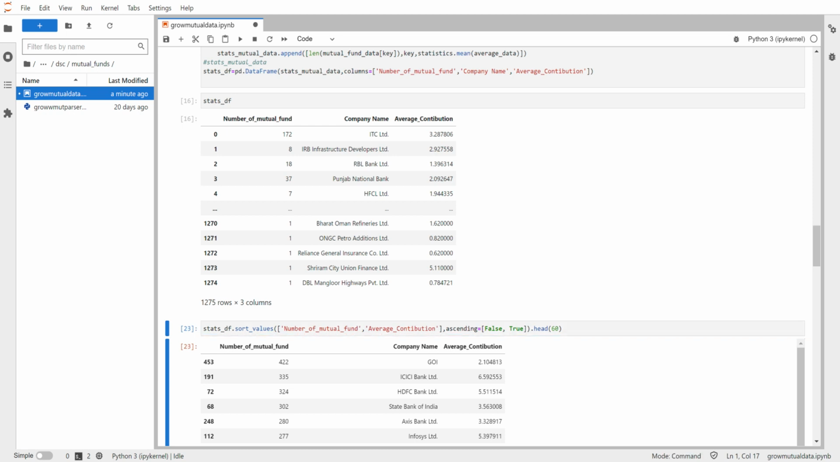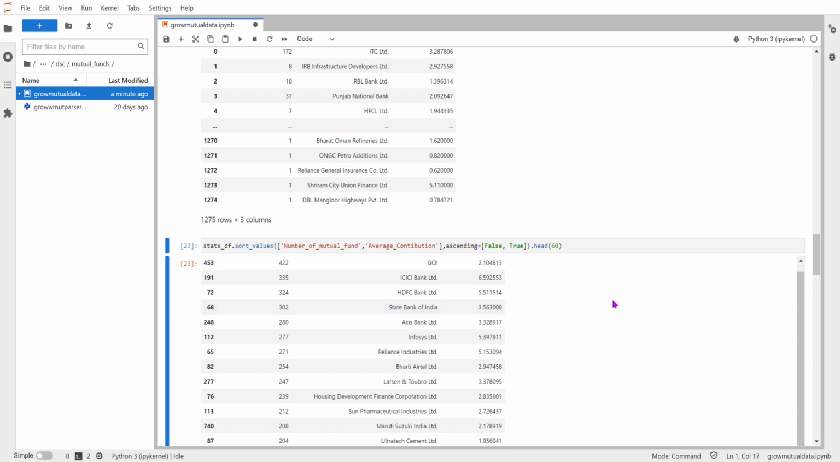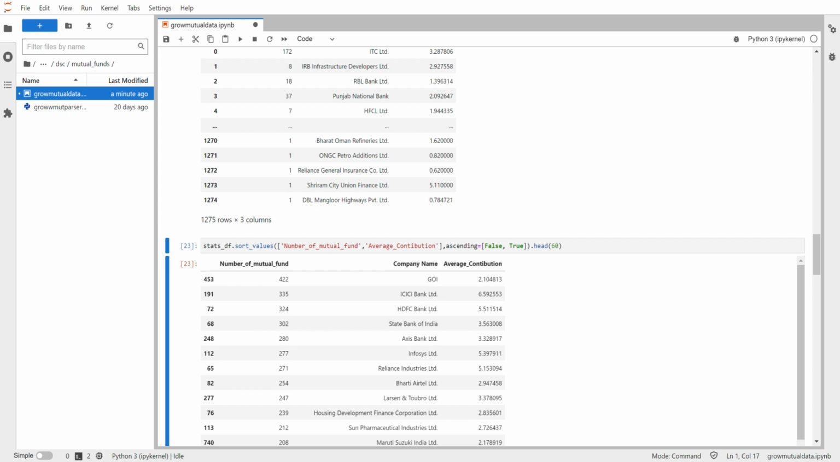So this is the data. It's recent data. Before making this video, I fetched it from the Groww website, so it's fairly new. You see here that GAIL, which is a gas and oil organization, is mentioned in 422 mutual funds, and the average contribution comes to around 2.10. Then we see that ICICI Bank Limited is mentioned in